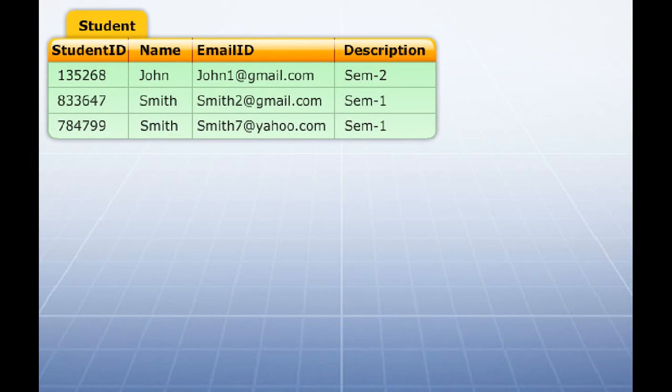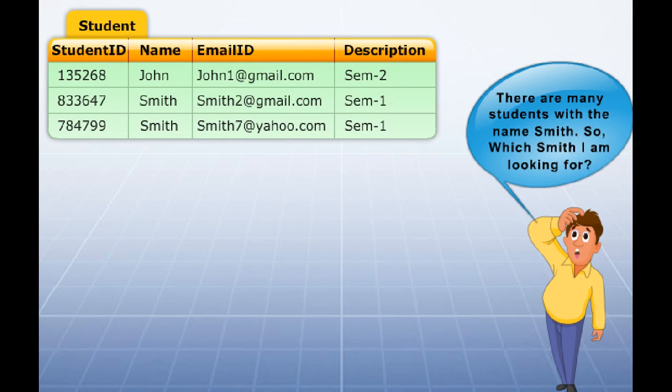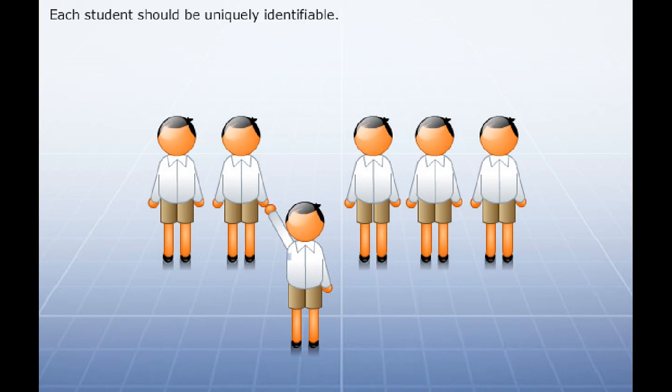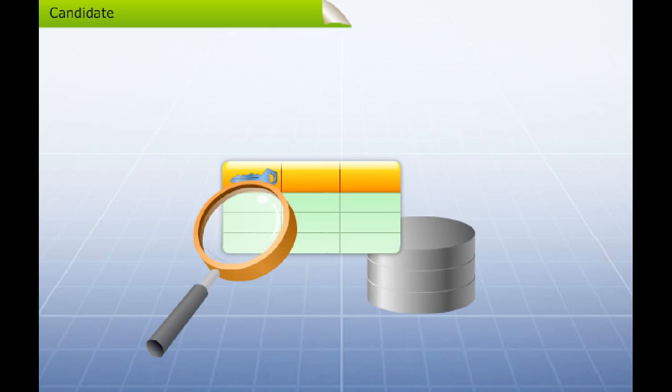a table student. You want to view the details of a student named Smith. Each student should be uniquely identifiable. In a database, the uniqueness of each record can be enforced by using a key, that is a column or a combination of